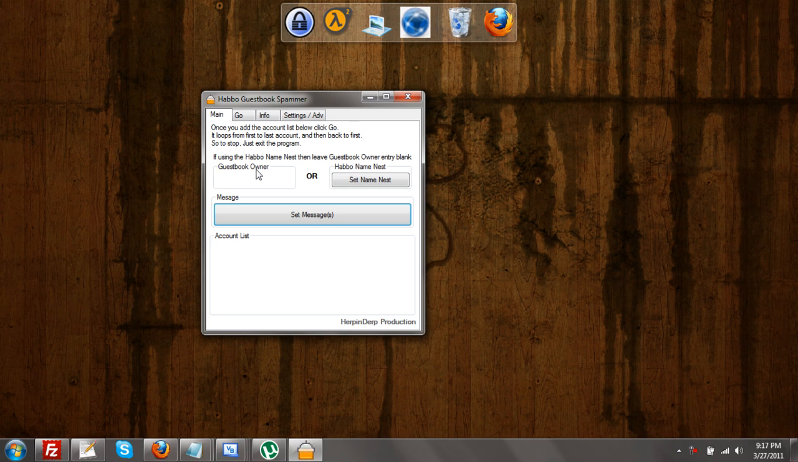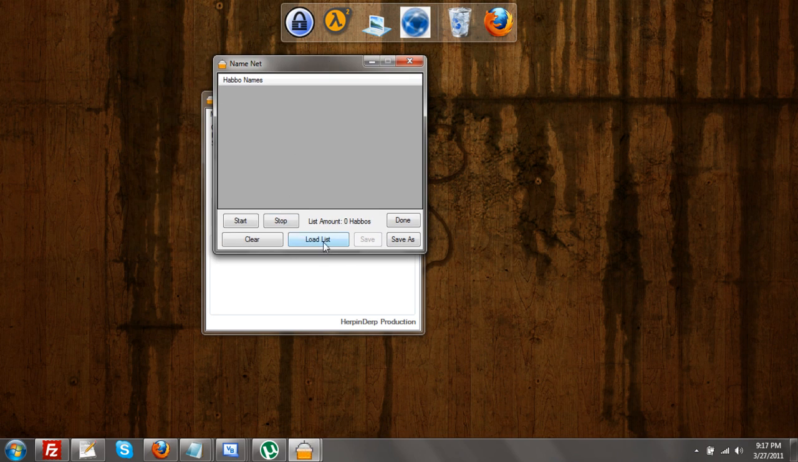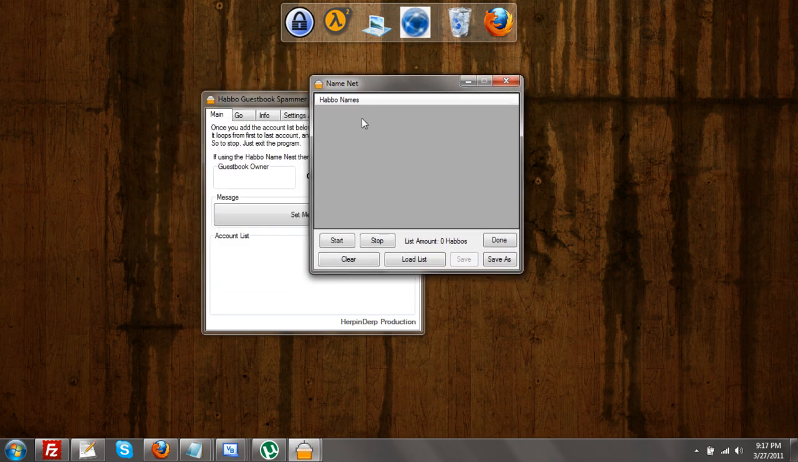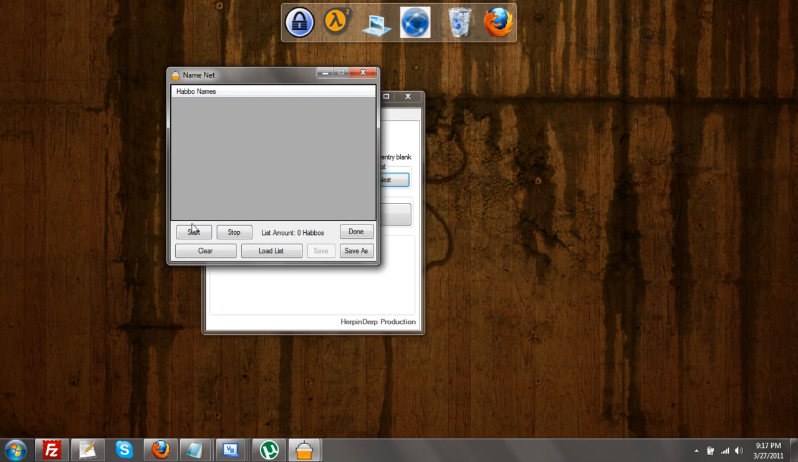Secondly, you now can have either one guestbook owner name or multiple. If you have your own list, you can create a list and load that list up. What the Habbo NameNet does is find Habbo names for you. It goes to the community page of Habbo, gets those names on the bottom where it says random Habbo accounts, adds them to the list, and then goes to each one of those pages individually and adds the names it finds on that page, meaning it'll add people